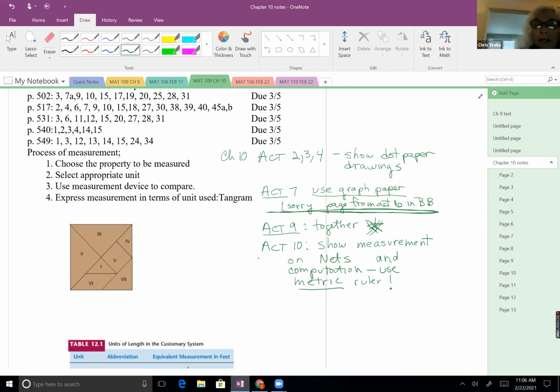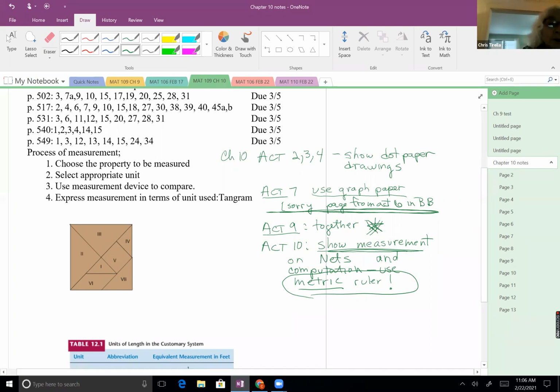And activity 10, show the measurements that you used on the nets, show all of your computation, and use the metric side of the ruler. You're going to find if you use the metric side of the ruler, you're working in decimals. If you use the inch side of the ruler, you're going to have some crazy fractions. The metric side and the decimals will make your computation much easier. So that having been said,